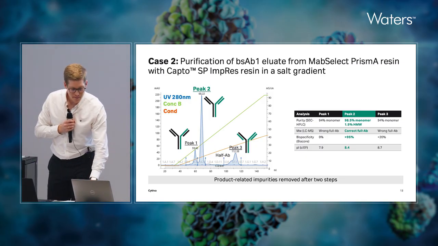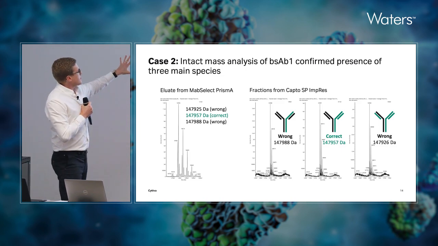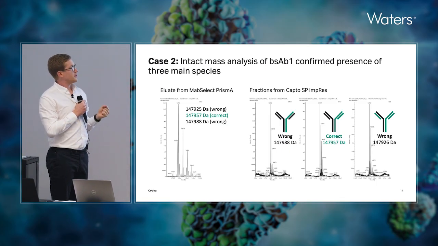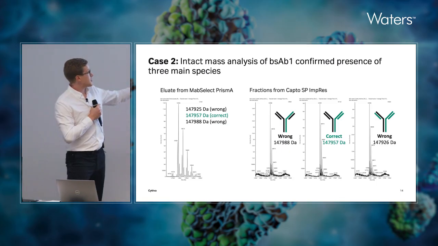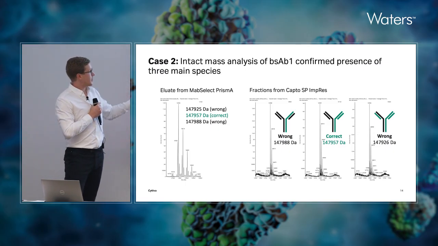So if we look at the mass spec data for this, to the left is the MabSelect Prisma eluate. This is just where we bind, elute, and then we will have these 3 species within the same spectra. Remember, it's only 31 Dalton difference, so this is pretty challenging to pick out because we will have the different